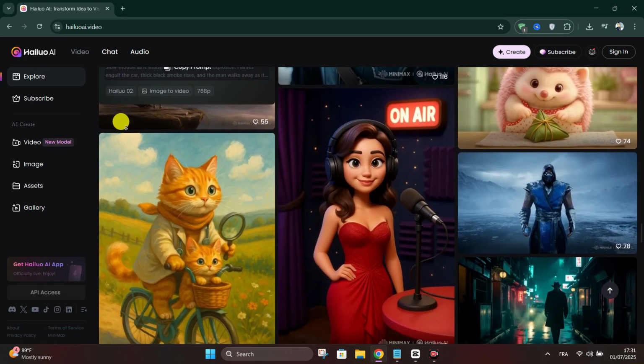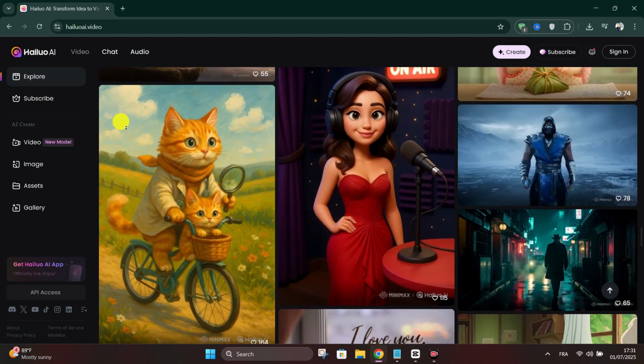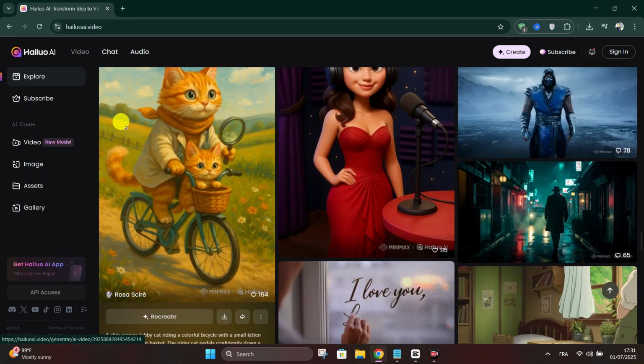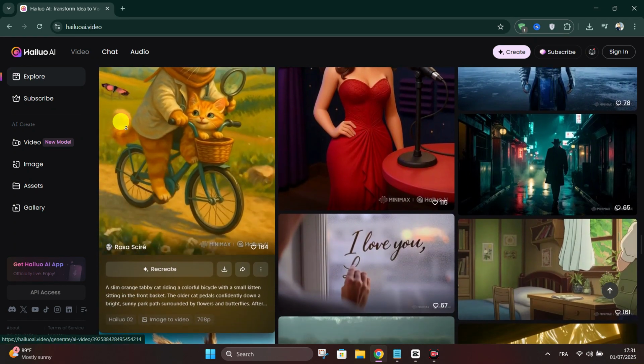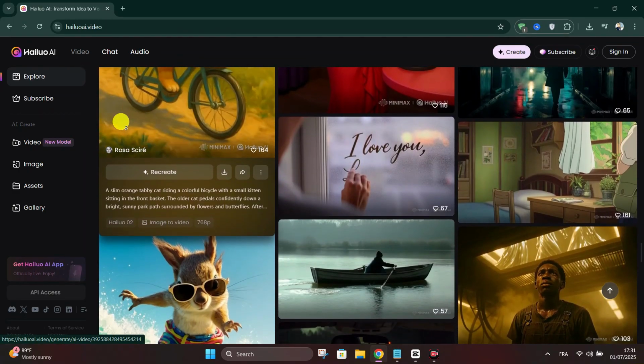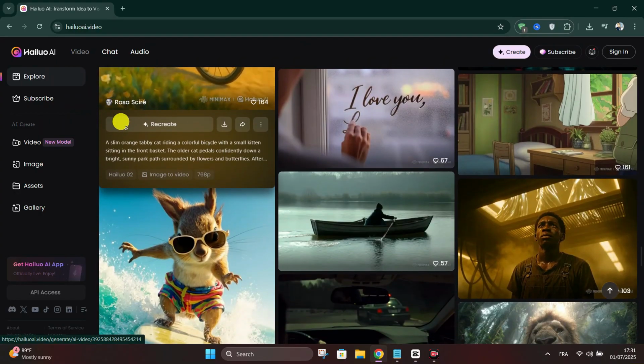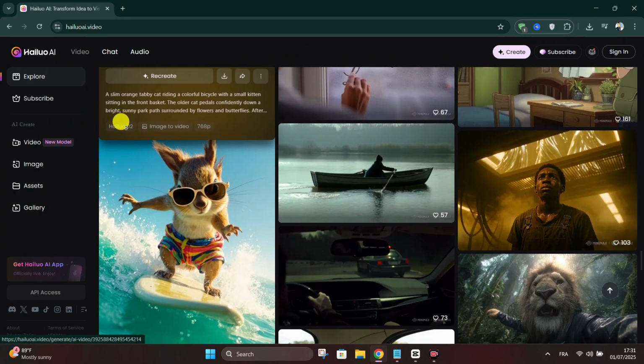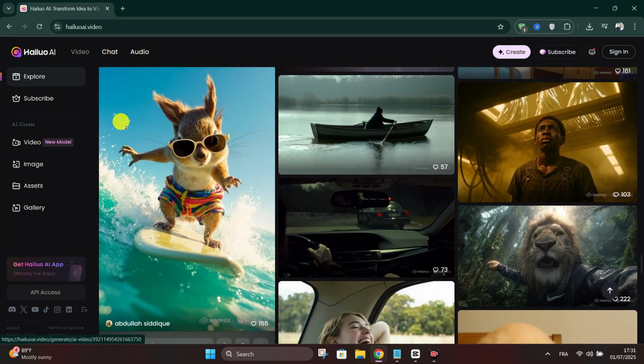Free tier adds watermarks, commercial use is restricted even on paid plans, and there is no API access or deep editing controls for power users. It has a free plan, a standard plan at $9.99 a month, or Unlimited Pro, which is from $59 to